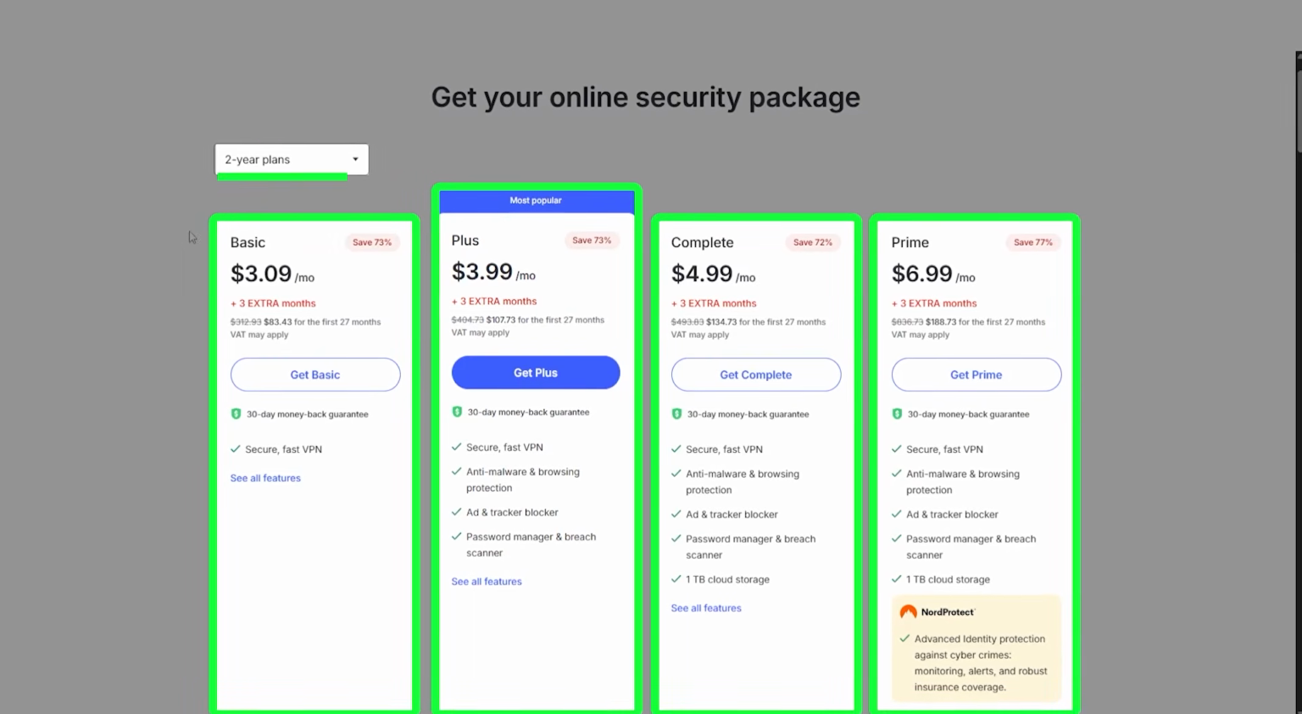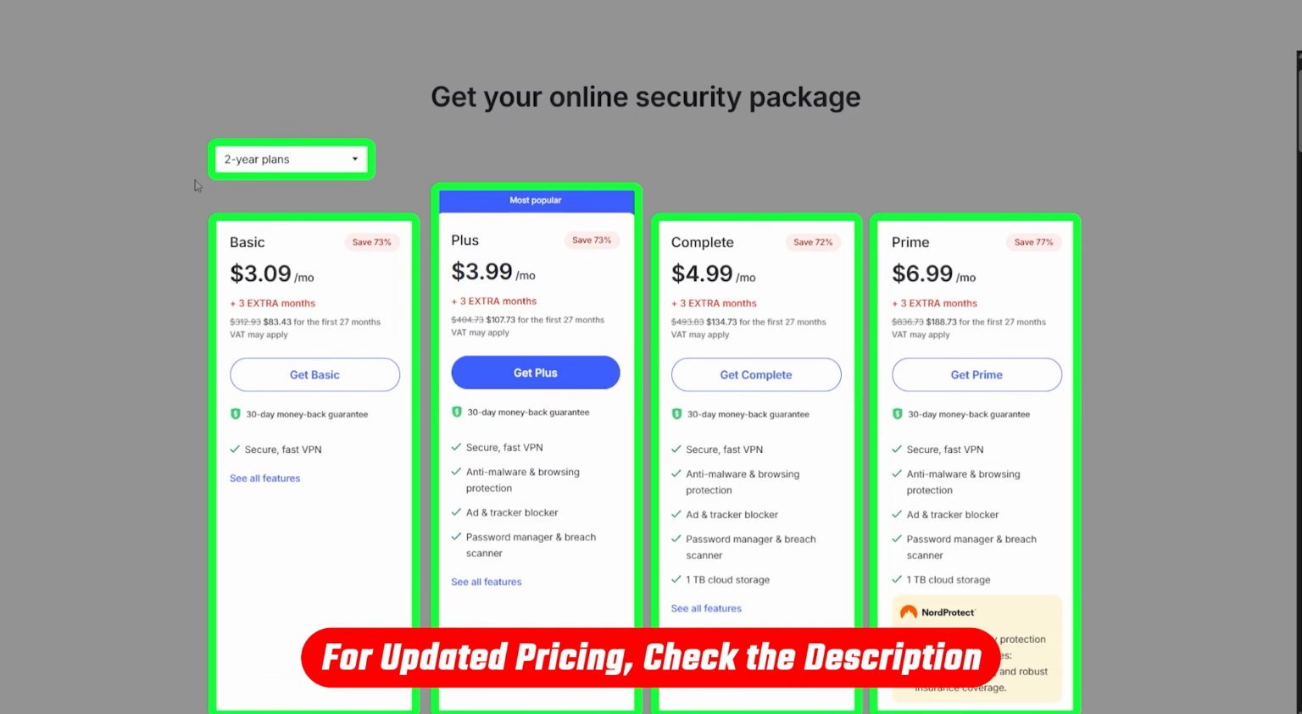Now, the best options here are going to be the 2-year plans. These are going to be the cheapest, but if you want to get an even better deal, then I did